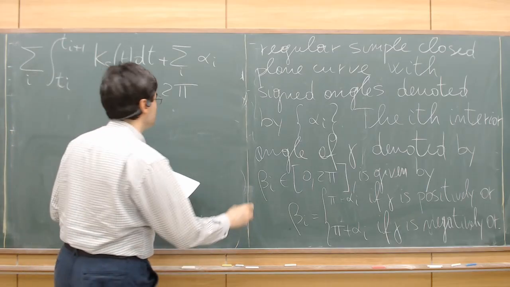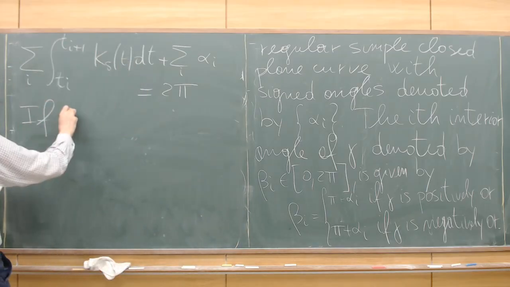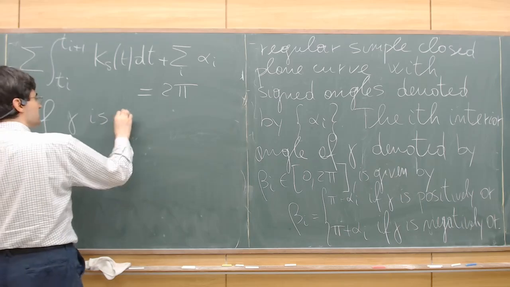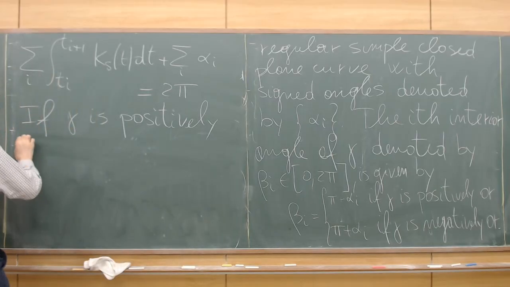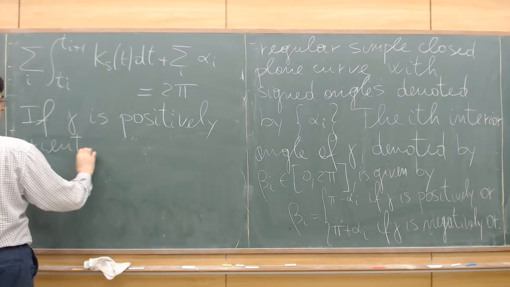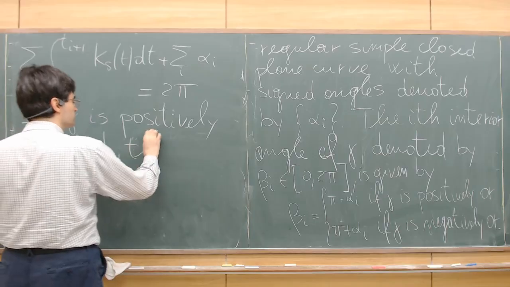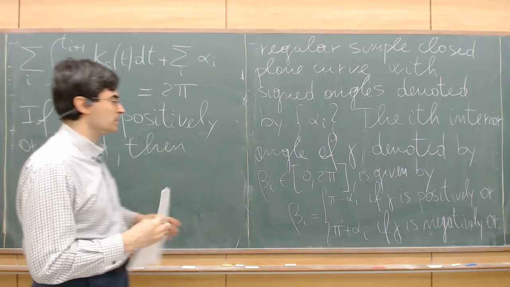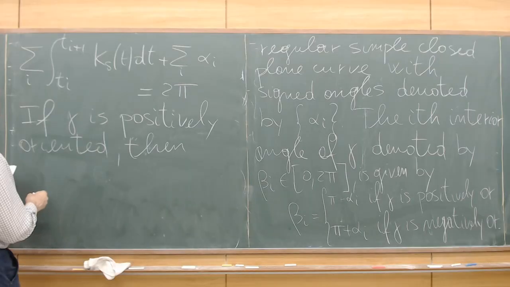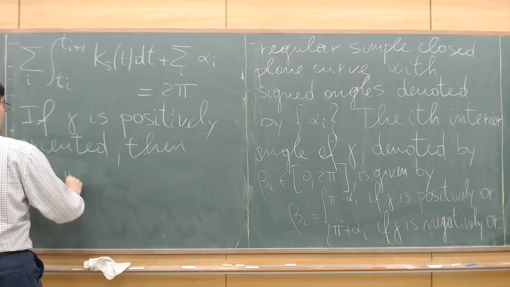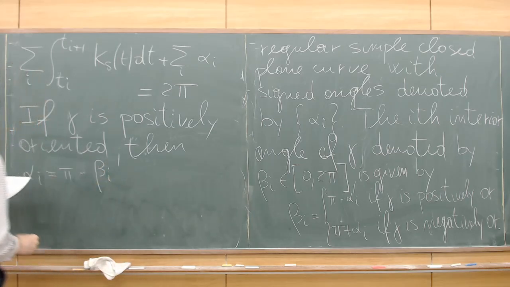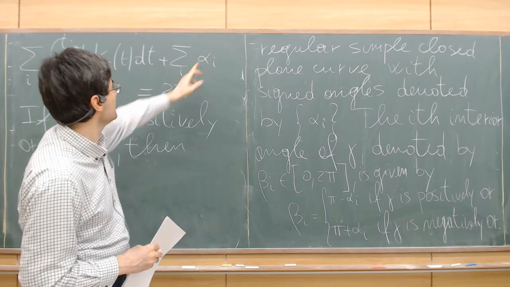But alpha I, if gamma is positively oriented, then from this formula we get that alpha I is given by pi minus beta I, and if we replace this formula for alpha I into this identity, we get